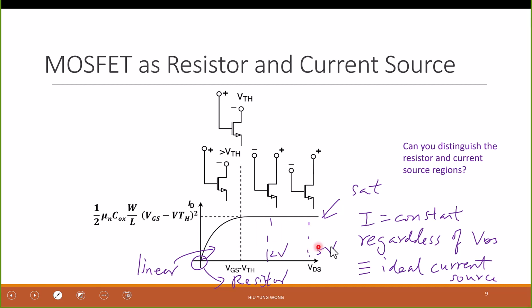We are going to operate in saturation in many cases. Okay, but I hope you understand. By changing the VDS, I can make a transistor like a resistor, or I can use it as a current source. Okay, and why is it a current source? Because when you keep increasing your VD, the pinch off will keep moving in, and so